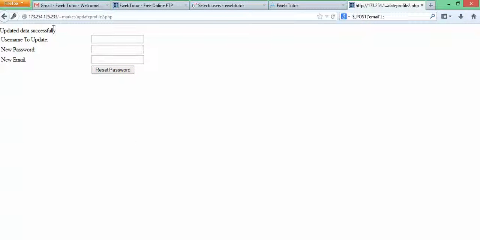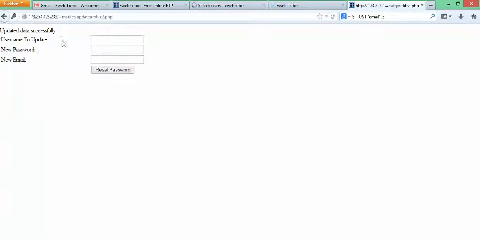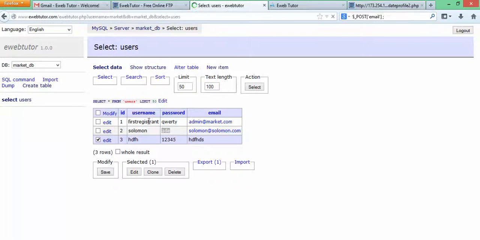It's going to tell me I updated the data successfully. But by the time the web administrator goes to the database and checks it, usually we are not going to know that this email does not update. It does not update the email, and I will tell you the reason. By the time I refresh this page now, you will discover that, can you see, Solomon,